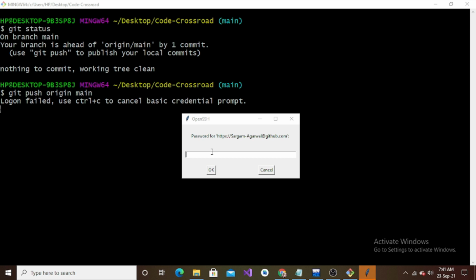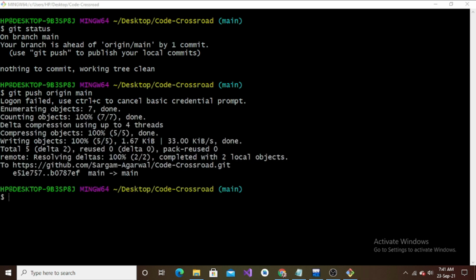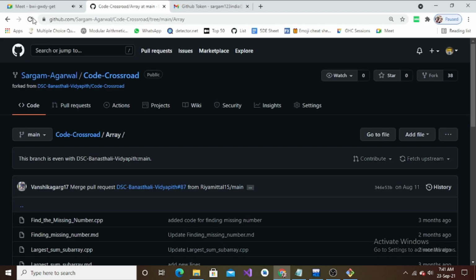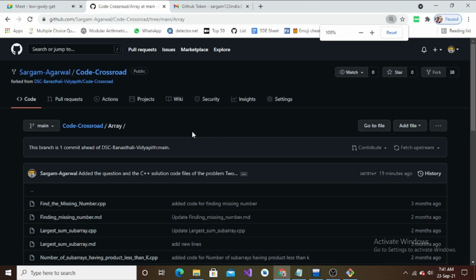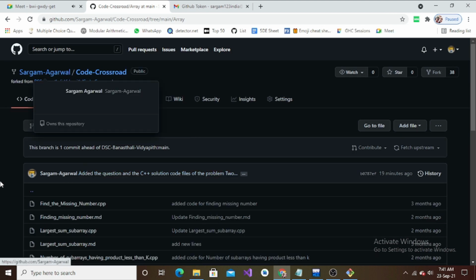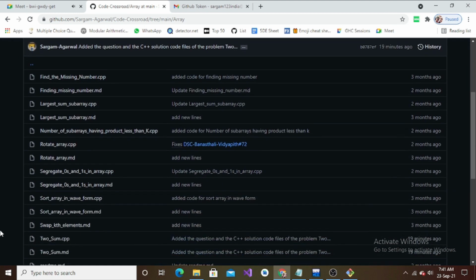Okay, so now let me type in my password and let's see. Okay, great. So now you can see, I think we are done with it, right? So if I now go back to my fork repository so as to see, right? So let me just refresh it and let me just get it to normal. Okay, so this is my fork repository, you can see, and if I see over here,